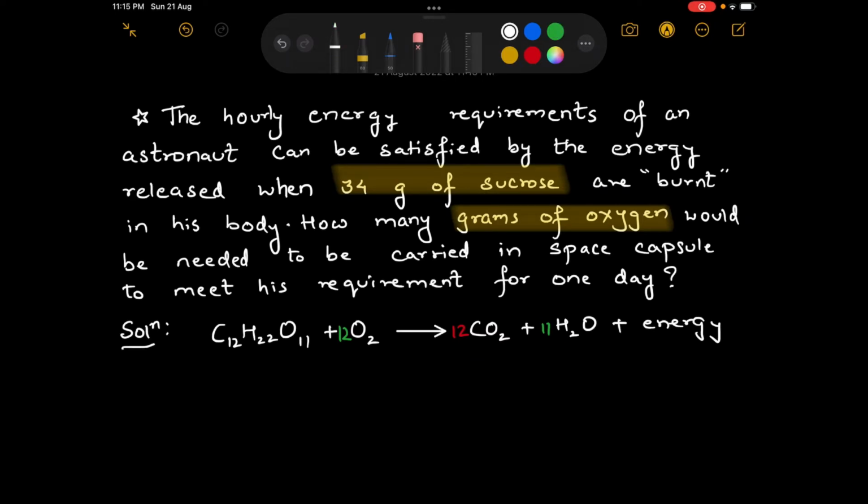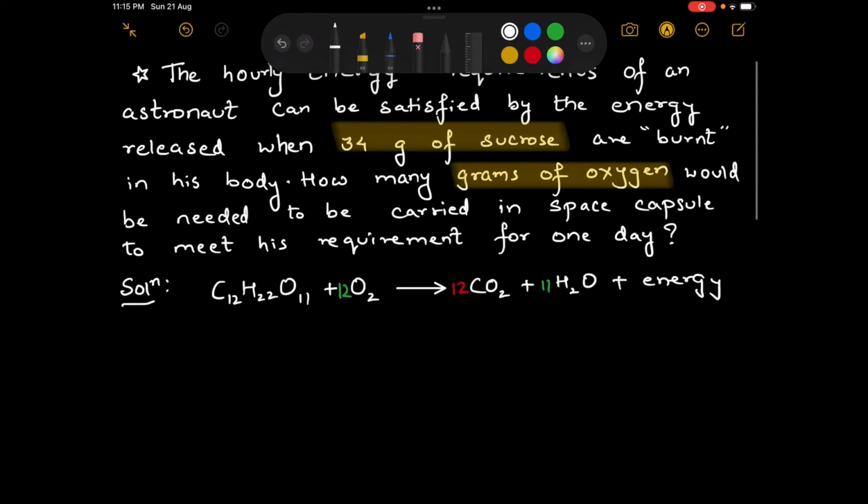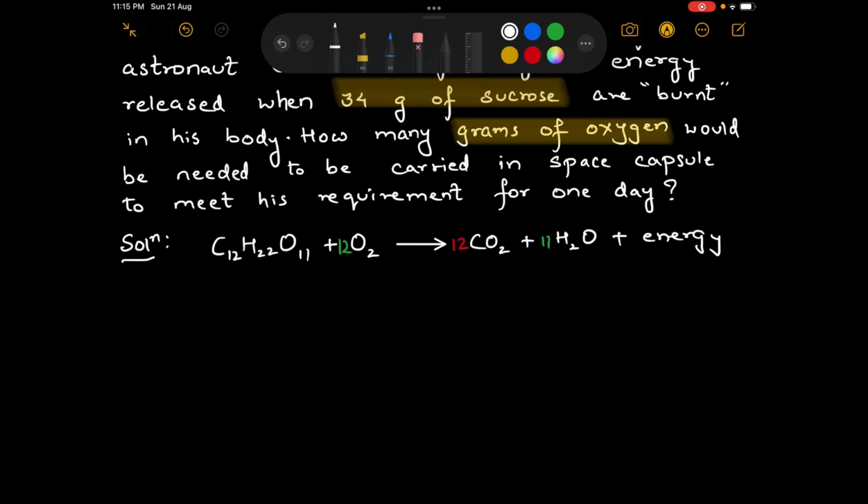So we can just write down the stoichiometric relationship between sucrose and oxygen gas. In the question, they have provided us with 34 grams, that is the mass of sucrose, and we have to find out the mass of oxygen. That means we are going to deal with the mass-mass relationship. So the first thing that should come to our mind is the standard mass, which is the molar mass of